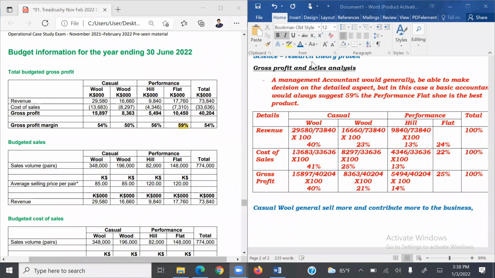the next thing is flat shoes. Even though their margins are high, their contribution is a little less. Even if you see heel shoes, anyway, demographically, students, only the climbers will buy heel shoes. Not everyone will buy heel shoes. But even if you see flat shoes, even the people who are interested in fitness only will go for the flat shoe. But casual shoes, if you generally see, which are made out of wool, will be the majority